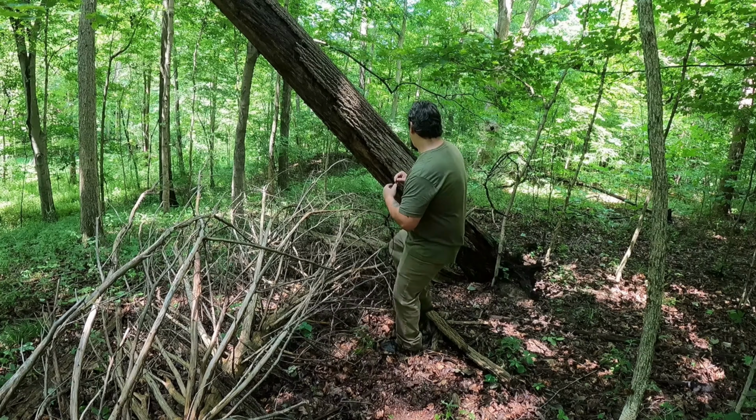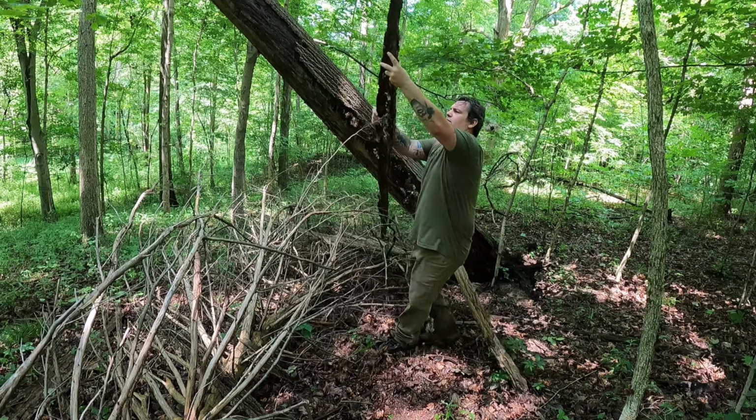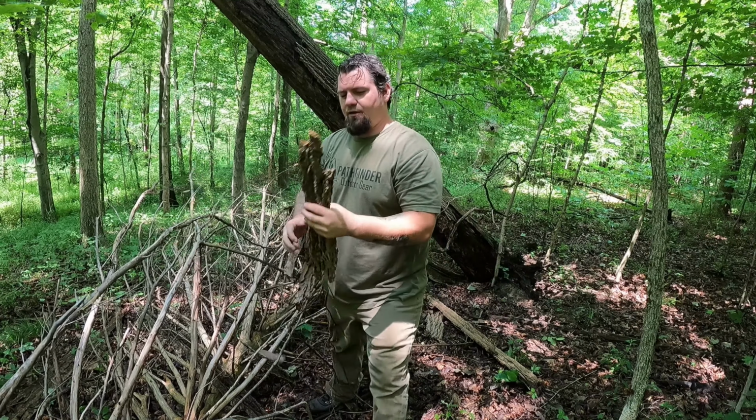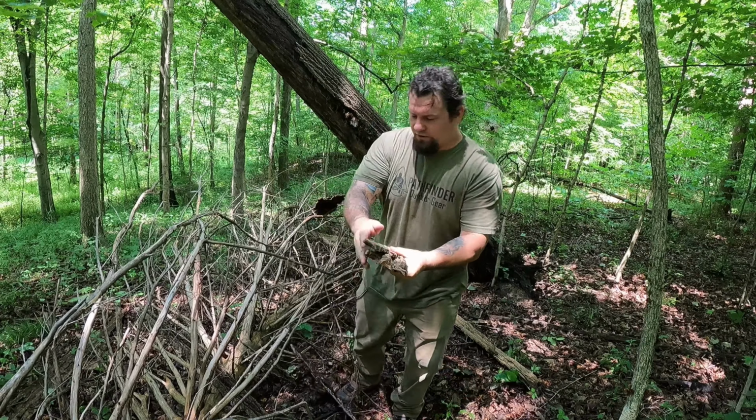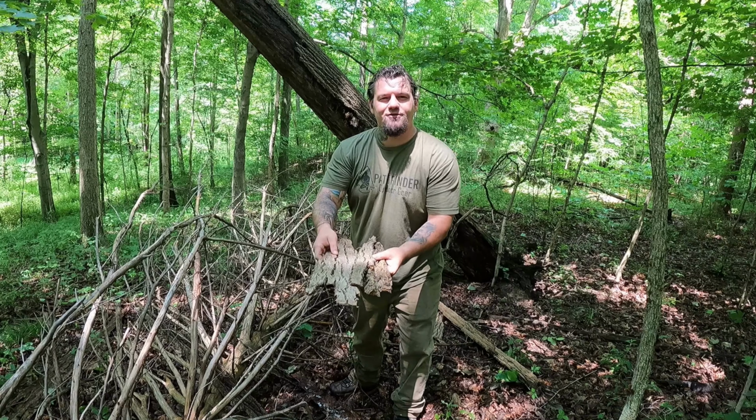Now, after we've gathered up all our sticks, it's very important that we don't just place our sticks directly on the ground and try to light it. We want to try to find something to put in between our sticks and the ground. Right here is some really thick outer bark. Already feels a little bit dry. It'd be perfect. Grab a few strands of this, put it on the ground,